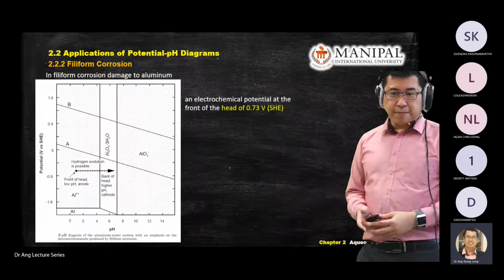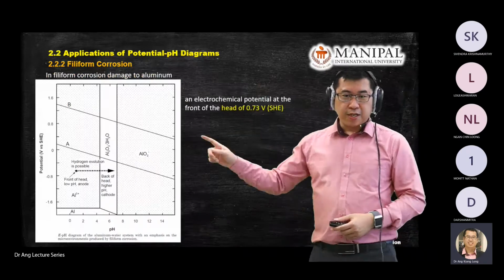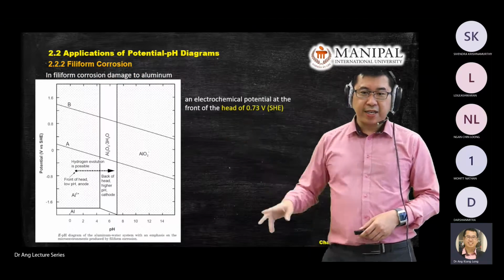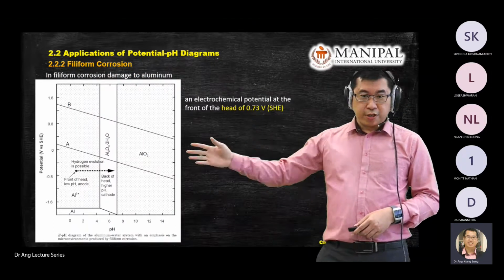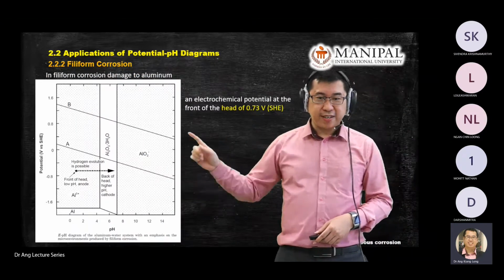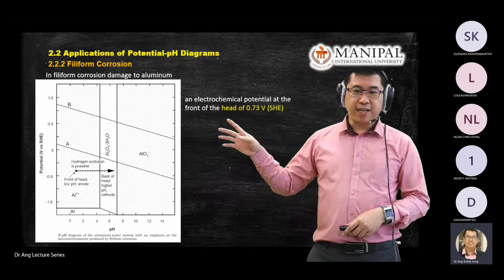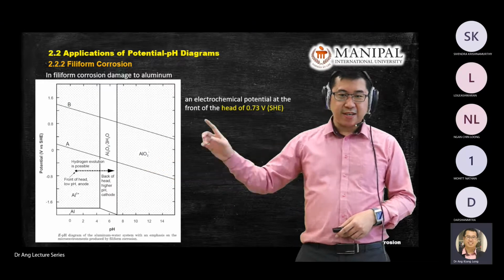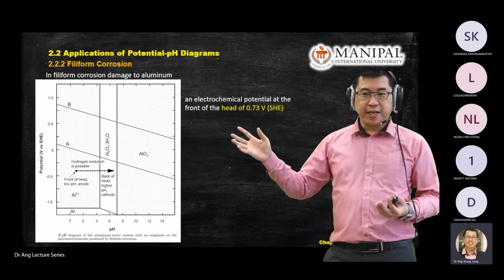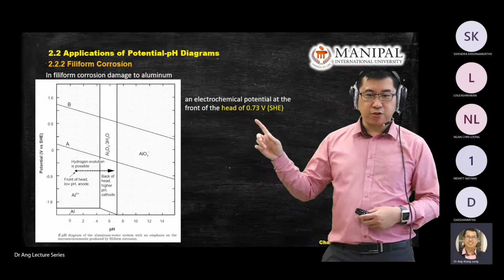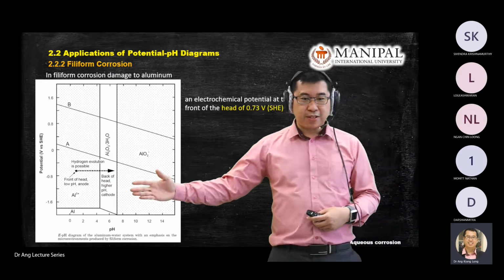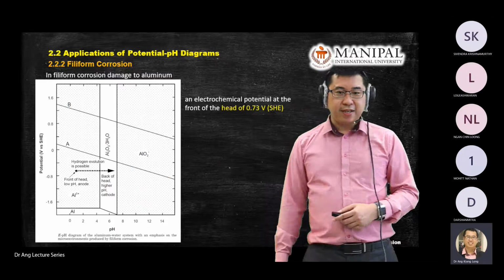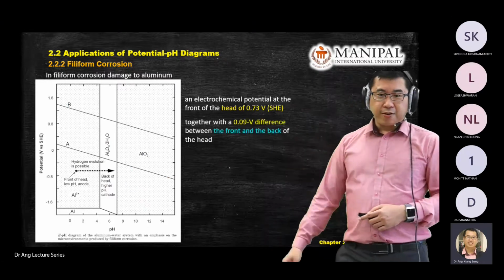So this is another example, aluminium. So here, from the graph, if I say that the head having 0.73, you should be able to relate, right? So if you look at this statement, are you able to relate this statement with the graph? Okay. So if we mention the head having a potential of 0.73, are you able to relate to this point? Right, you should be able to relate to the dot point there. Yeah? Okay. Then from here,